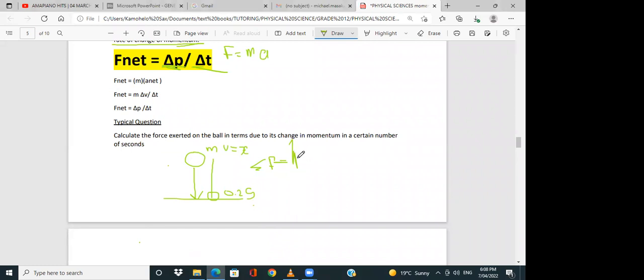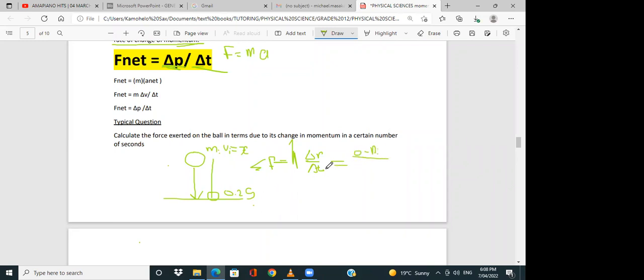Okay, it's fine. Now you're going to say F net is equal to change in P over change in T. Okay, guys. Now afterwards, you're going to be like, okay, now I only have the initial velocity and I have my mass, which is m, meaning I don't have a final velocity, right? So this means our final velocity is going to be 0 minus our initial velocity,